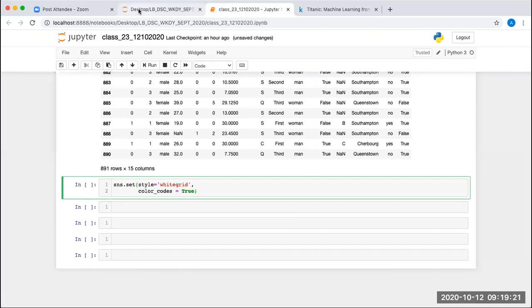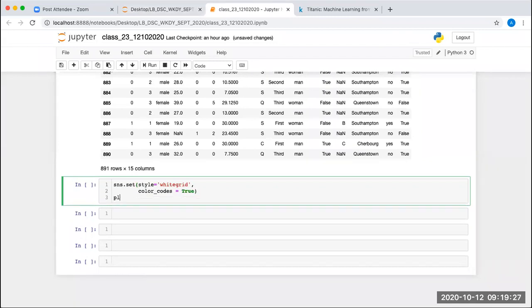To set the figure size and DPI, we have plt.rcParams, where we can mention figure.figsize is equal to, let's say, 8,4.